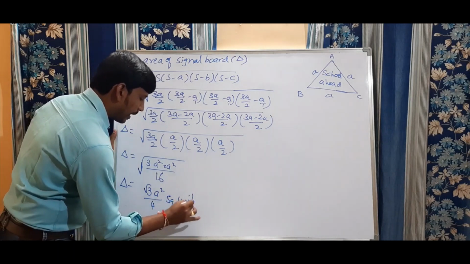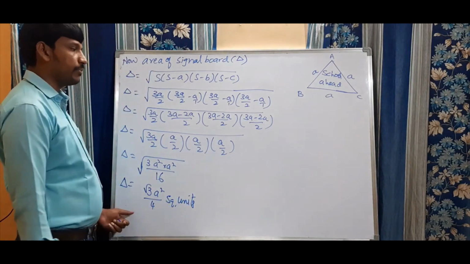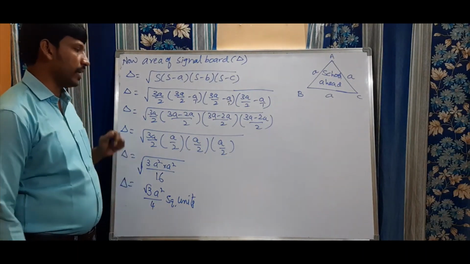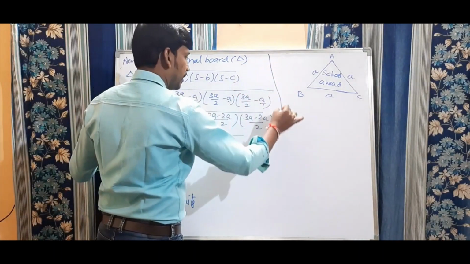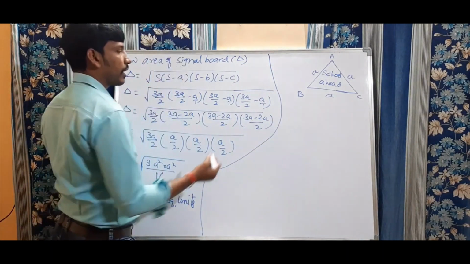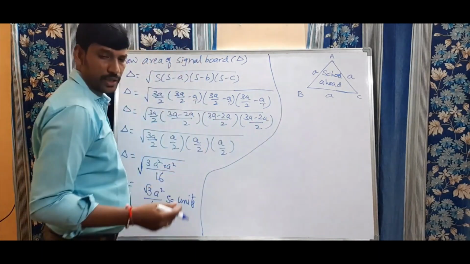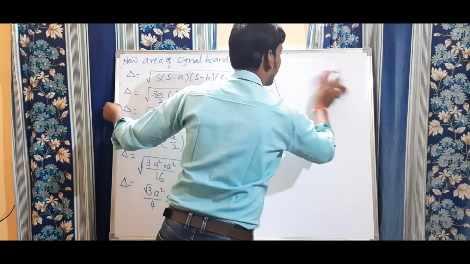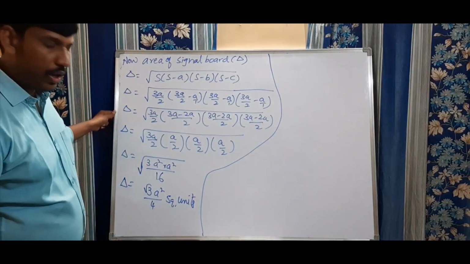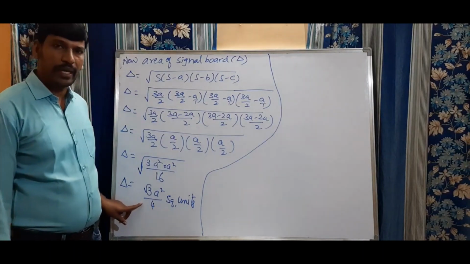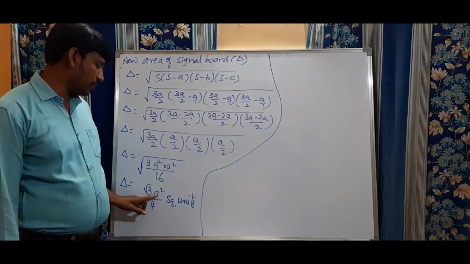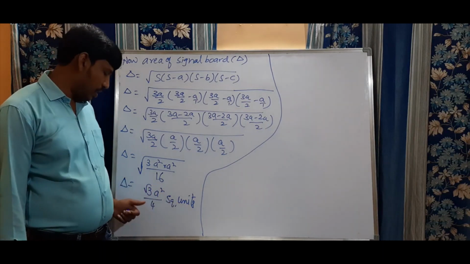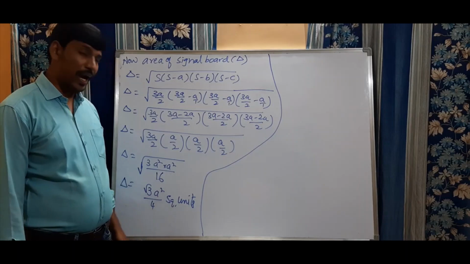This is the area of the triangle, the area of the signal board by using side equal to a units. Here one more question is there that we are going to solve again. So they have given the perimeter. Okay? They have given the perimeter. I am going to erase that one. Okay? Right, now see this here, this is the first part. What is the first part? We got the area of the signal board when side equal to a is how much? Root 3 into a square by 4 square units, or root 3 by 4 a square units.